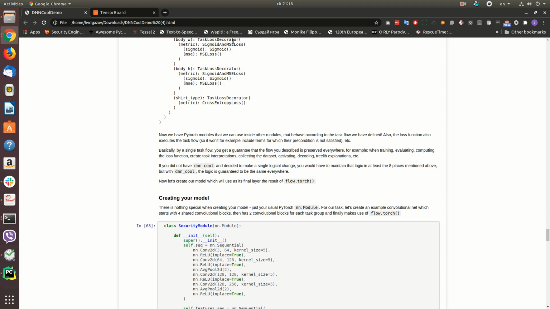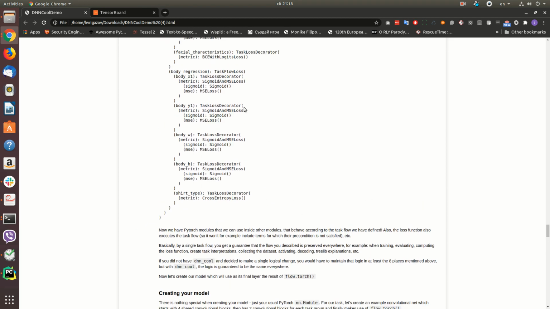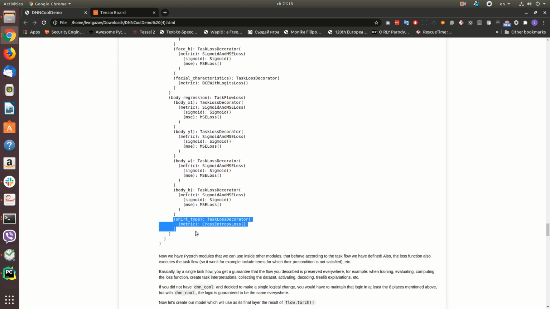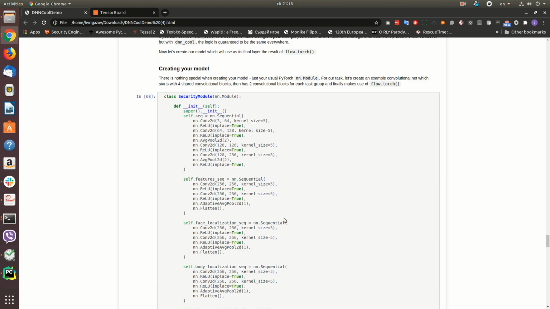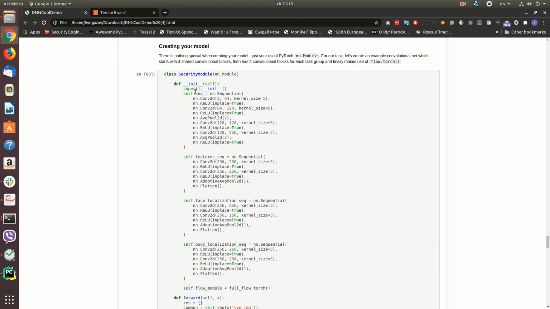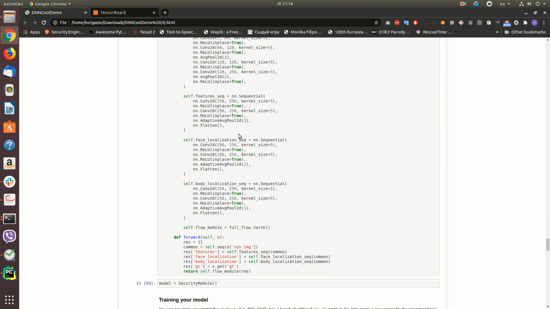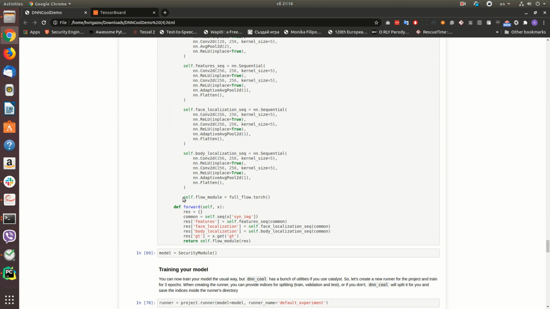So yeah, and this for every different task. For example, for shirt type, which is the type of uniform the person is wearing, there is a cross entropy loss, and so on. And then we create a normal module in the usual way we do it. And in this module we say full flow .torch, and then we invoke it in the forward module by including the features that are necessary in this dictionary